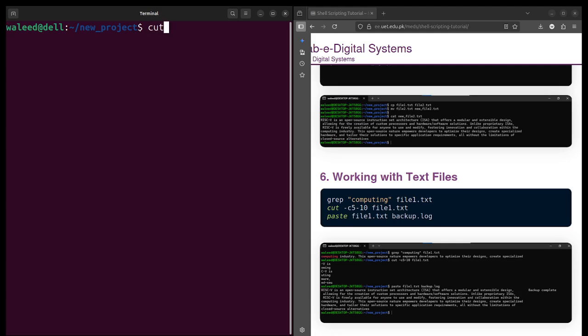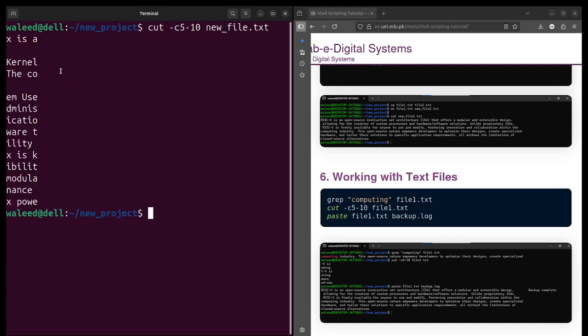For example, if I use it from 5 to 10 on let's suppose my new file.txt, so from each line it will go to new file.txt, and from each line, from position 5 to 10, it extracts those specific characters. So it is used to get specific parts from a file.